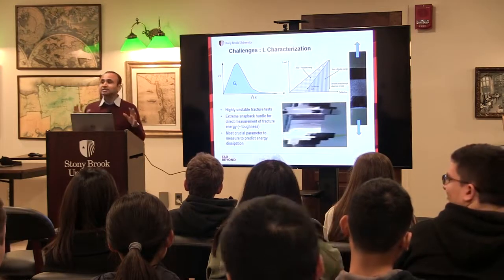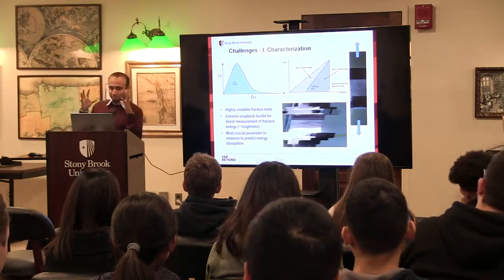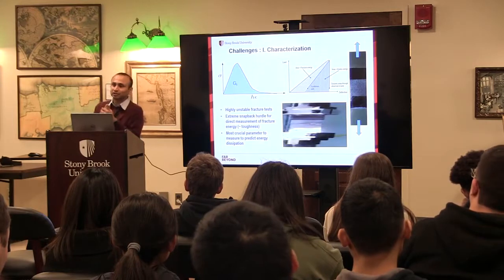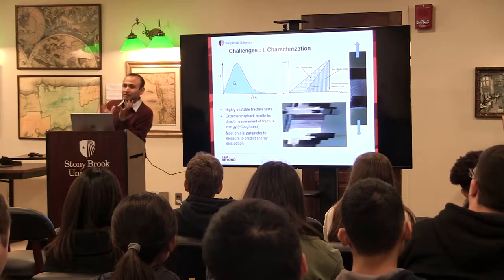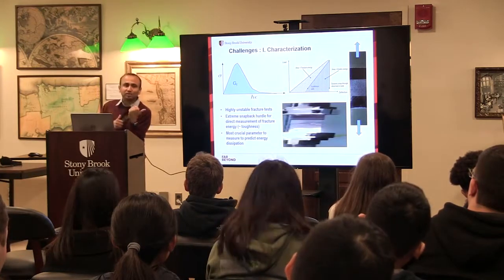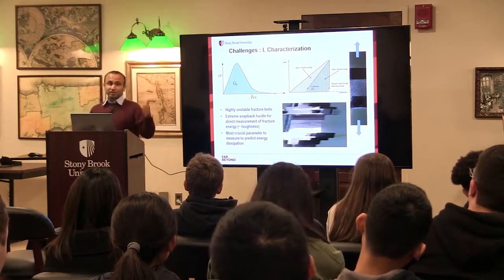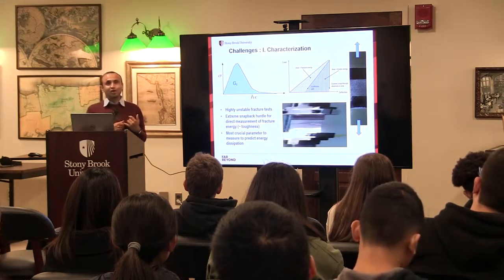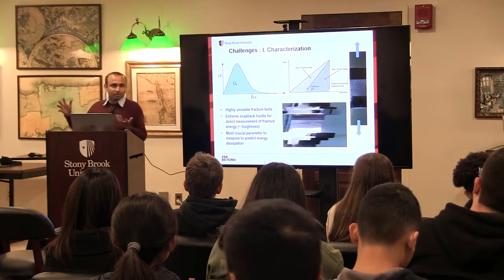So this is a very unstable test to perform for composites, and this has plagued researchers for decades. How to measure the fracture energy of composites? If you look in the literature, you will find this value is very rarely reported. We don't know the fracture energy of composites because of this unstable behavior. So this is one big challenge. If we don't even know the fracture energy, how will we predict how much energy a structure can dissipate upon impact, right?